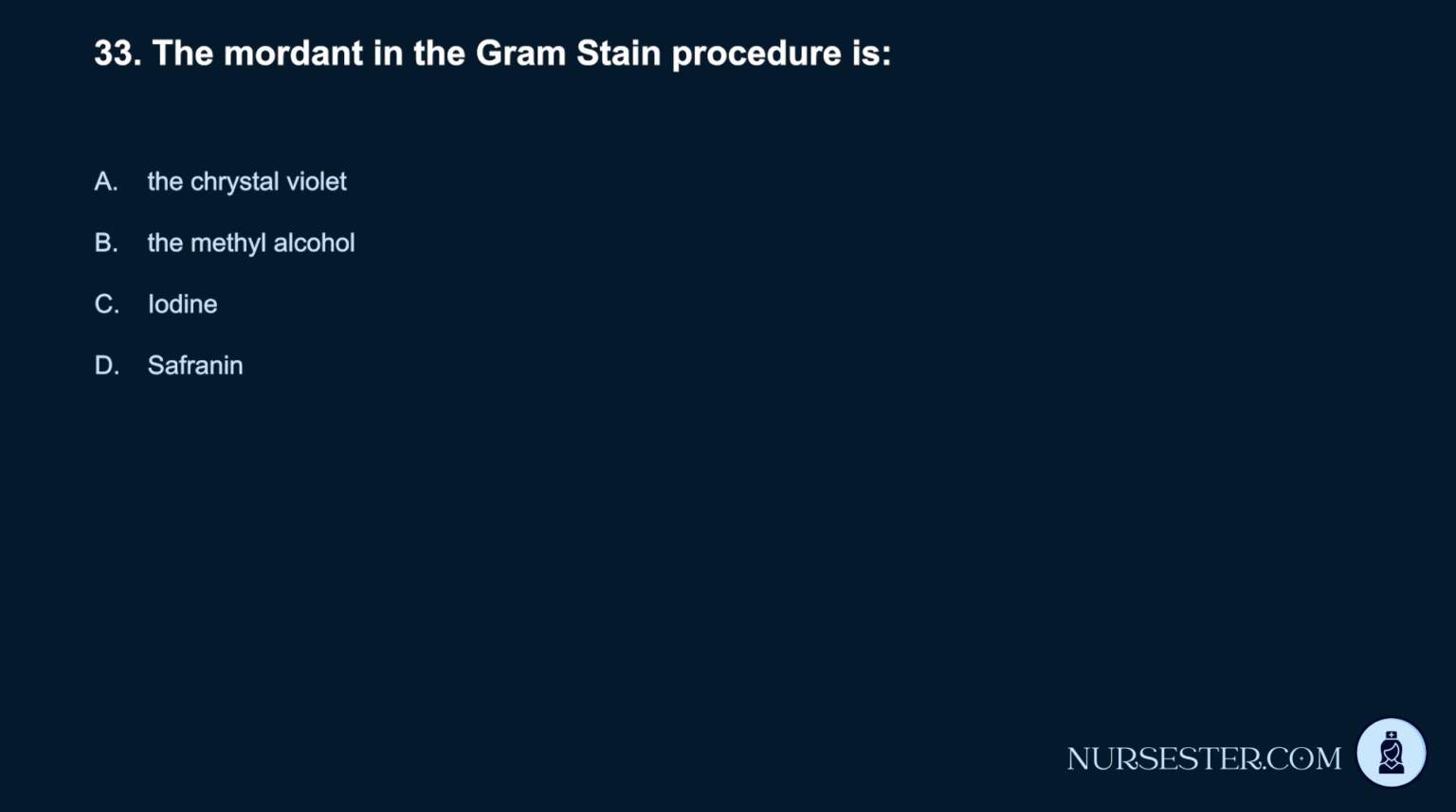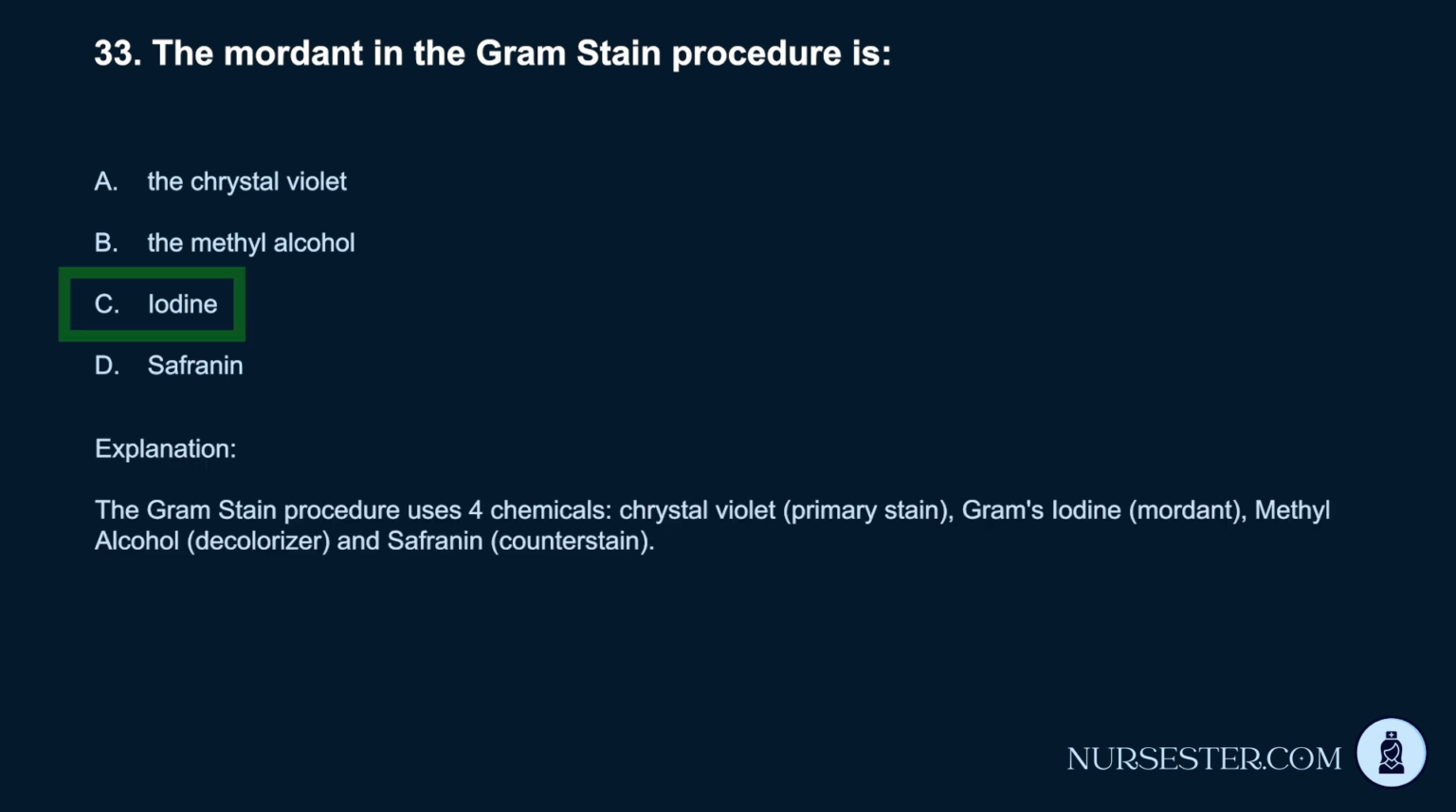33. The mordant in the Gram stain procedure is A. The crystal violet. B. The methyl alcohol. C. Iodine. D. Safranin. Correct answer, C. Iodine. The Gram stain procedure uses 4 chemicals: crystal violet, primary stain; Gram's iodine, mordant; methyl alcohol, decolorizer; and safranin,